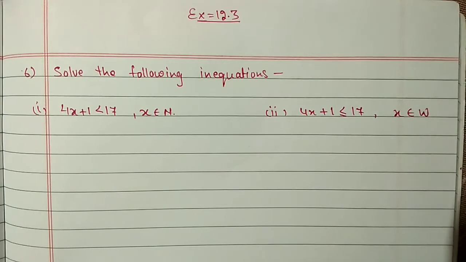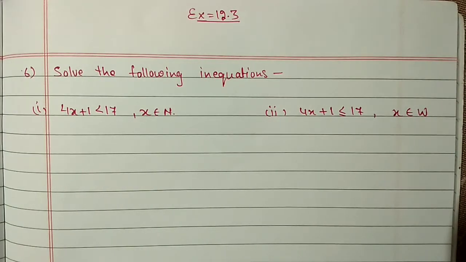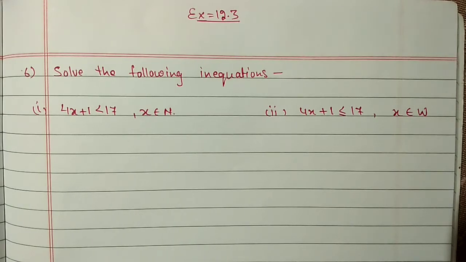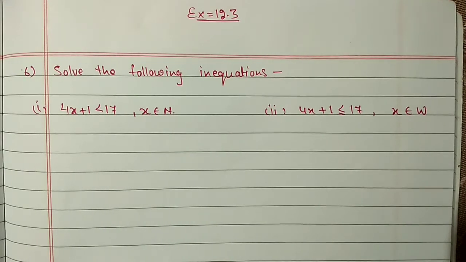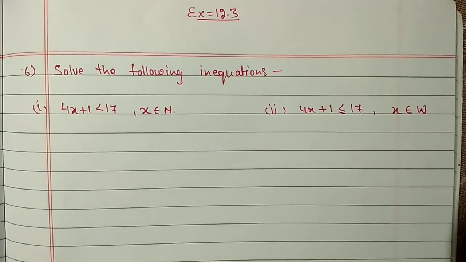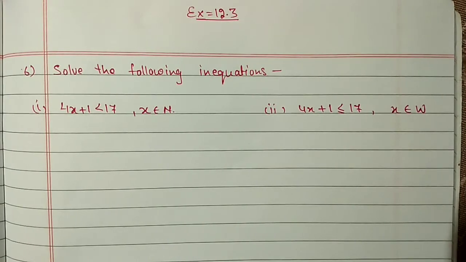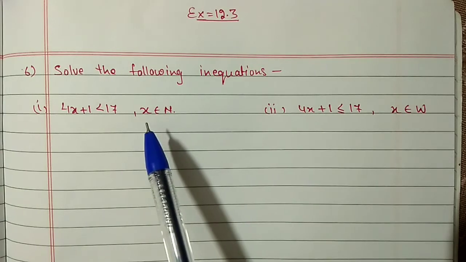Hello students, we are doing chapter number 12, linear equations and inequalities in one variable, exercise 12.3. In last video we did till question number 5 and now we will start from question number 6. Solve the following inequations. First part, 4x plus 1 less than 17 and replacement set is given here, x belongs